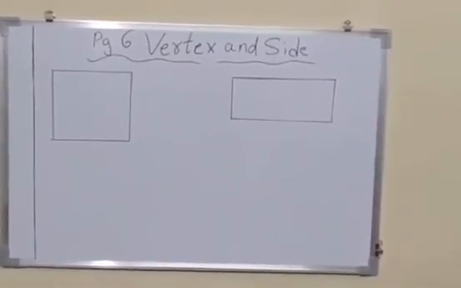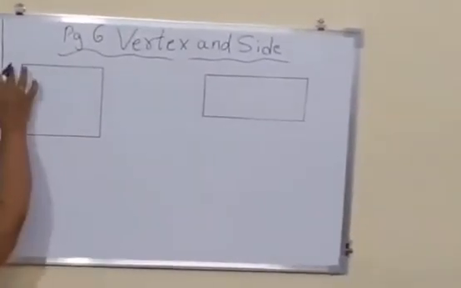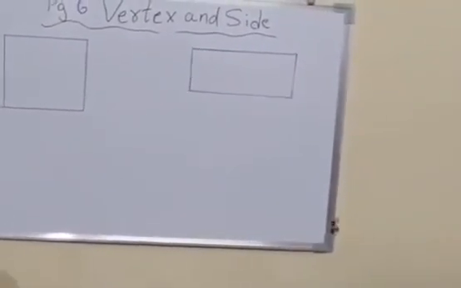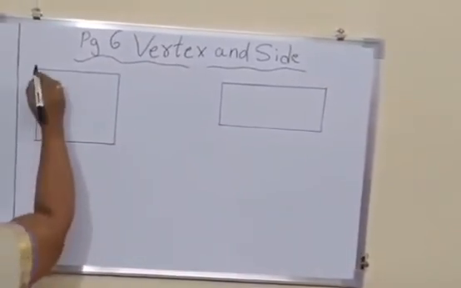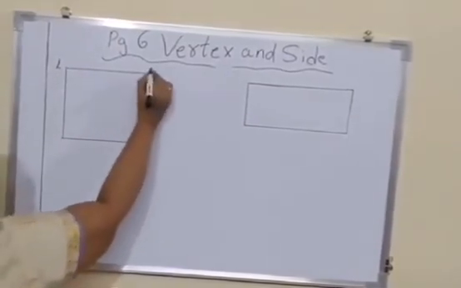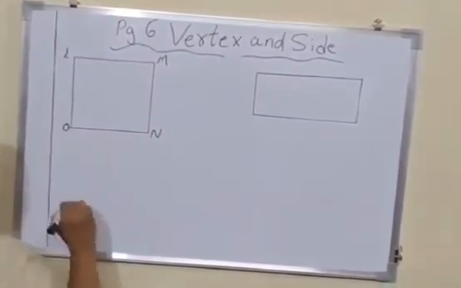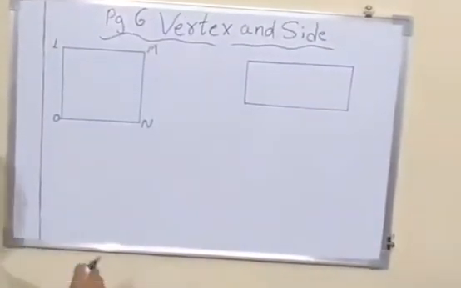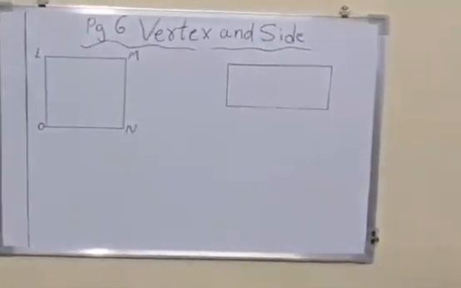Now look at this square. Let us name it. We can start with any corner. You can start from here, you can start from here, you can start from any corner, whichever you want. Now here, let us start with this corner. Suppose we are writing here L, then we will name this as M, this will be N, and this will be O. Now keep in mind children, when we are giving the name, we have to write the alphabets in capital letter. Always we'll write the alphabet in the capital letters.